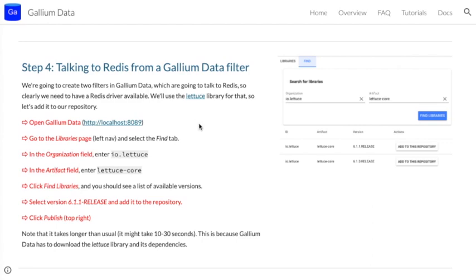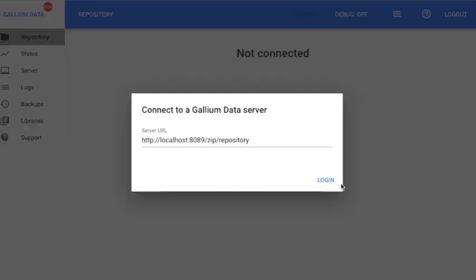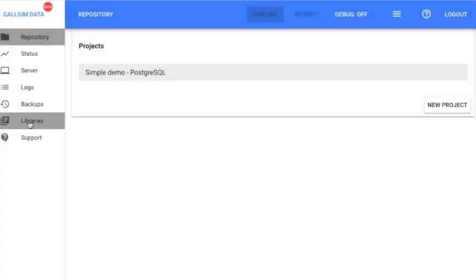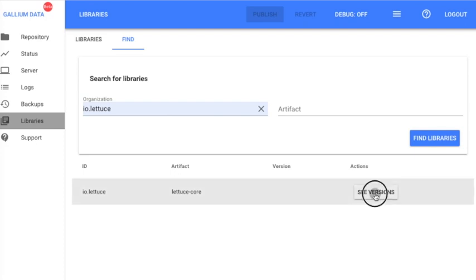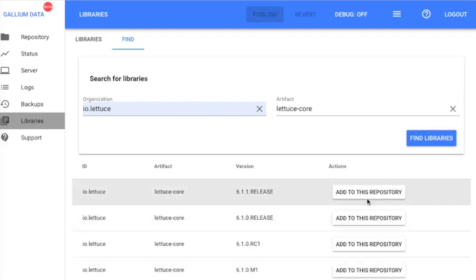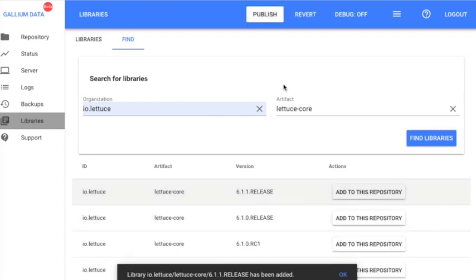Okay, so we're going to need to talk to Redis from our filter in the proxy in Gallium Data. So we're going to need to have some sort of Redis driver. There's a very nice one called Lettuce. So we just need to install it in Gallium Data. So I'm going to go into Gallium Data, go into the libraries page, and find that library. There it is, and here are the different versions of it. I'm just going to add the latest version. And I'm going to publish, and